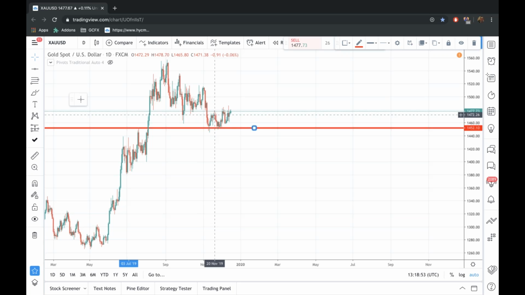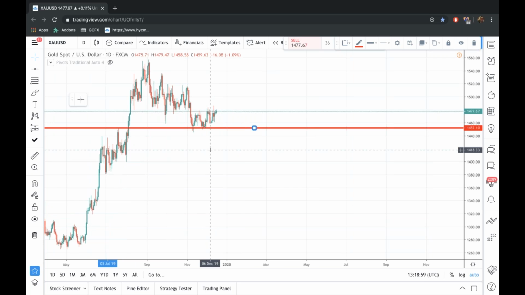So bearing in mind that we're coming into a strong January, if we get a breakdown in the US-China trade talks, say the situation really deteriorates and President Trump starts making it clear and more analysts are saying this trade deal's no good, then for me, personally, that would be strong reasons for gold longs. I would expect buyers to enter in the gold market, and I would expect stops underneath this 1450 level, down here at about 1440. Okay, now that's what I would expect.